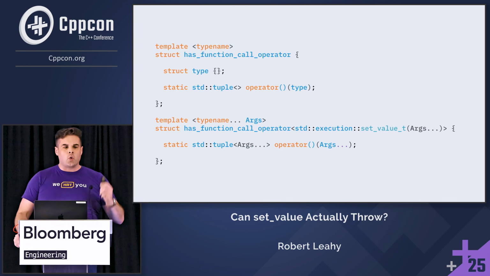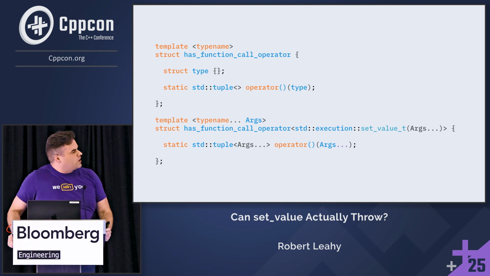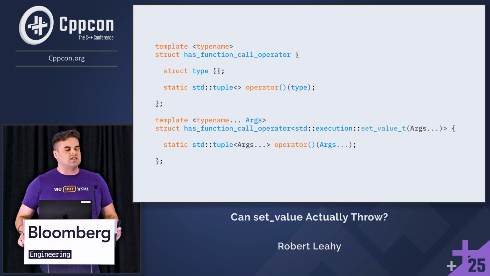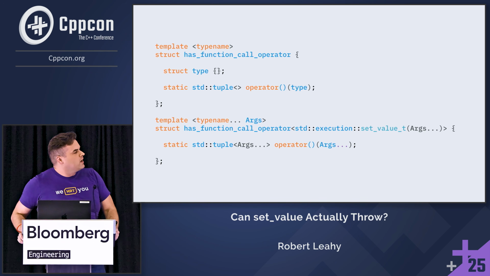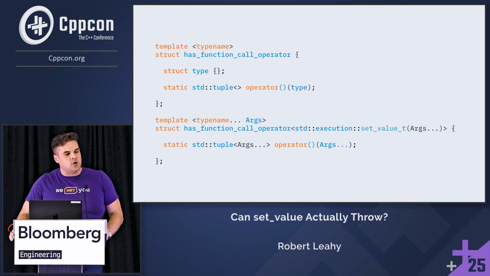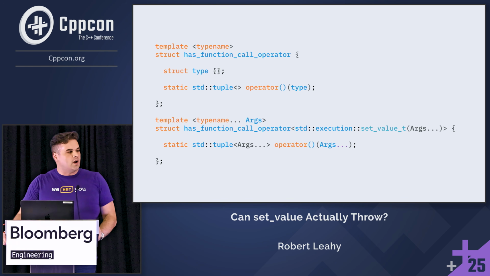We're going to go ahead and we're going to abuse operator overloading to do this. We're going to provide a non-specialized class that matches set_error and set_stopped completion signatures because we don't care about them. Then we have a function call operator for every completion signature that sends set_value_t. We have a function call operator that accepts all those arguments and returns a tuple of those arguments so we can extract it from overload resolution.